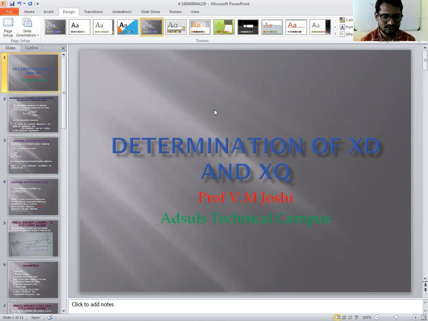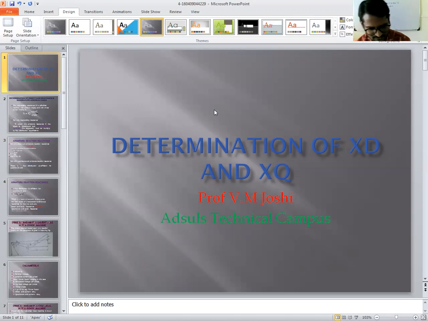The direct axis synchronous reactance is the reactance offered to the armature flux when the peak of the armature EMF is along the direct axis. The air gap length is minimum, thus having the minimum reactance in the case of XD. Therefore, the armature flux, equal to MMF upon reluctance, is maximum. The flux linkage per ampere in the armature winding is called the direct axis synchronous inductance LD.